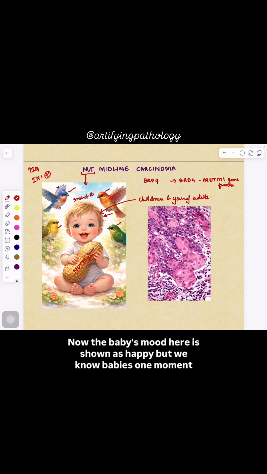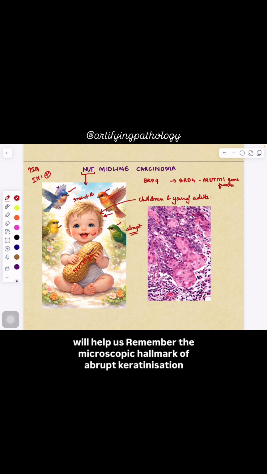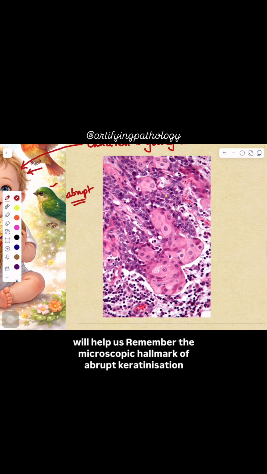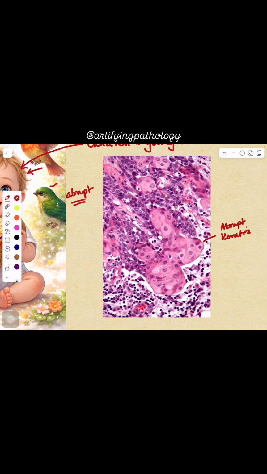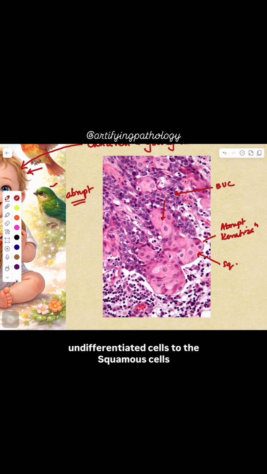Now the baby's mood here is shown as happy, but we know babies, one moment they are smiling and the other moment they start crying. So this abrupt moodiness of the babies will help us remember the microscopic hallmark of abrupt keratinization. So here you can see that there are blue cells. These are undifferentiated cells, and these pink cells are the squamous cells. So there is this abrupt keratinization which is happening from the undifferentiated cells to the squamous cells,